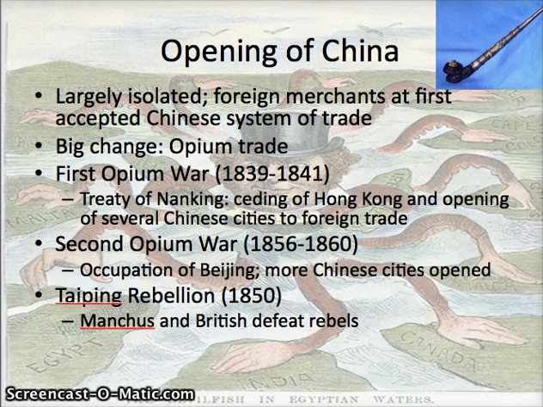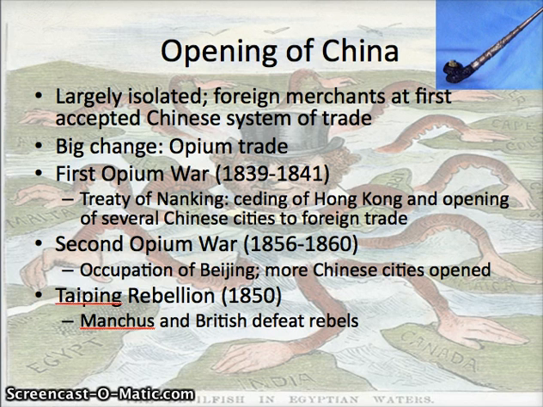So every time a country like England was in China, they would have to pay hard cash for whatever Chinese product they wanted to buy. Then England starts bringing opium in from India, which was where they were growing it, and the Chinese start to become very interested in purchasing opium, and eventually you're going to see that by the 1830s, 56% of Chinese imports are opium, which is really significant.